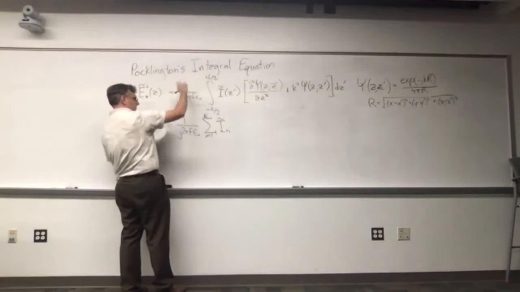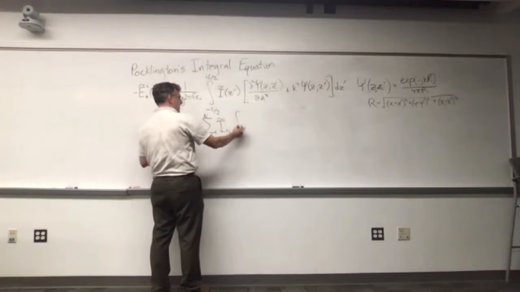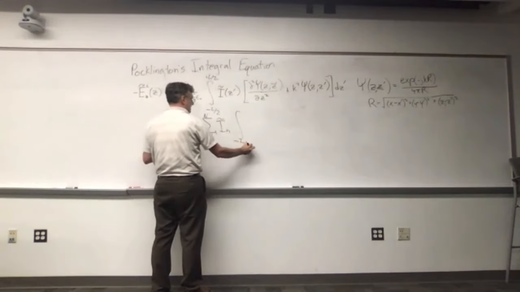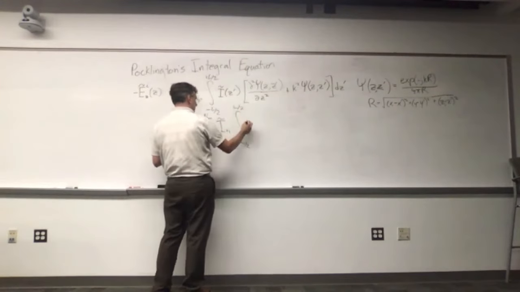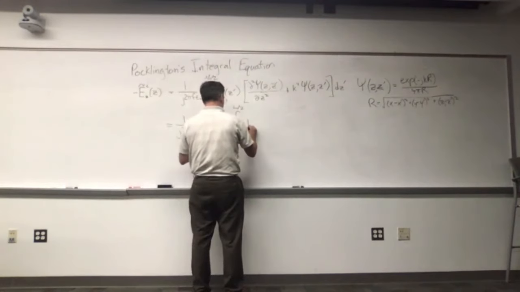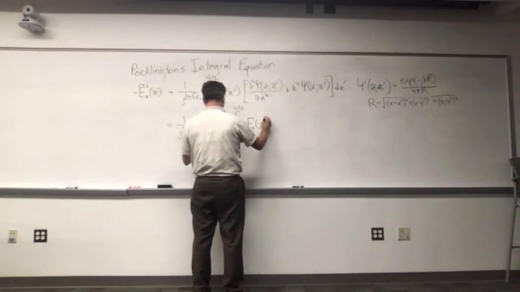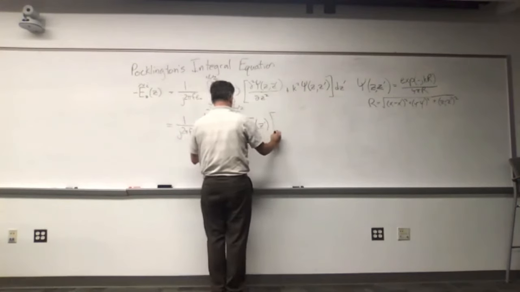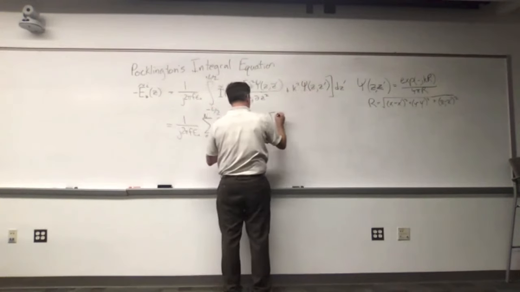Again, this is of course just a constant. What I'm left with is the integral from minus L over 2 to L over 2 of my Fn shape function,